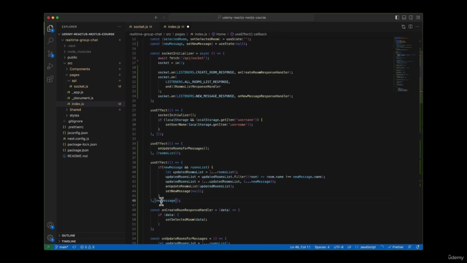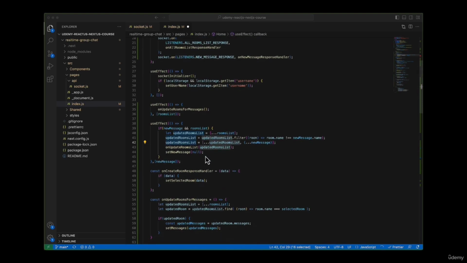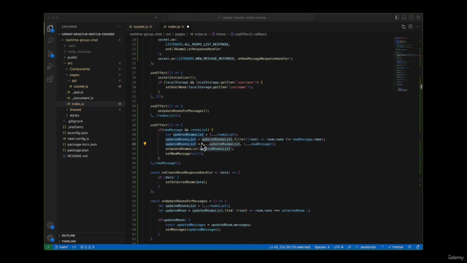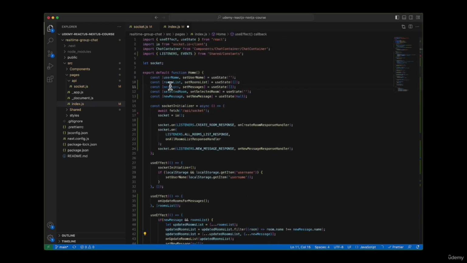Similarly, whenever a new message is received, it will fire this useEffect, and over here we will update the rooms list with the new message received, and this would be the chain for it. First of all, this would be fired, then this would be fired, and our messages would be loaded on the client. So let's go back to our chat box container and use these messages,